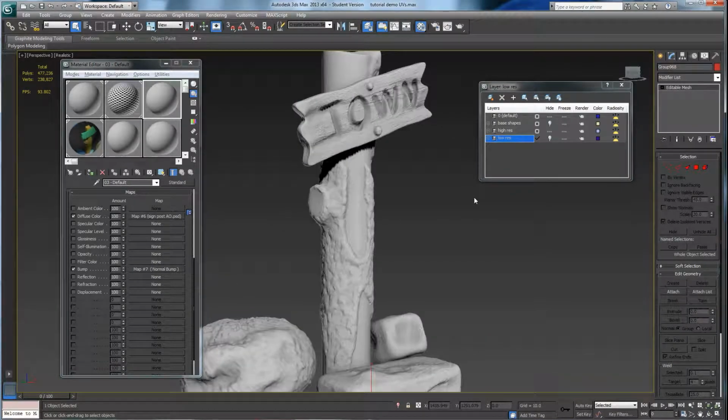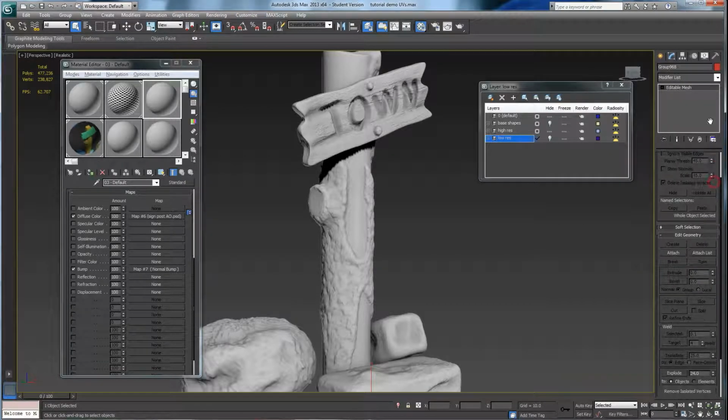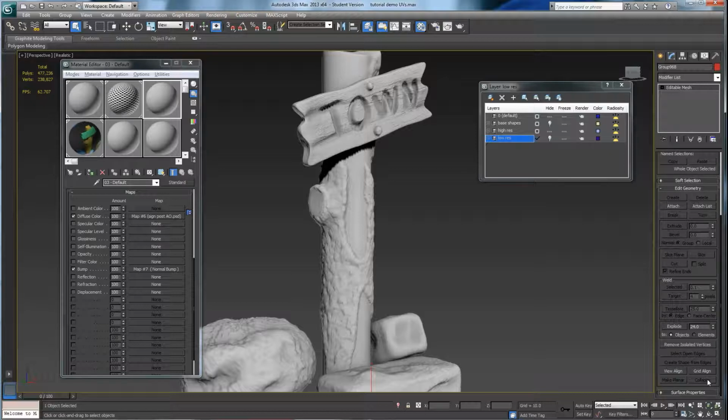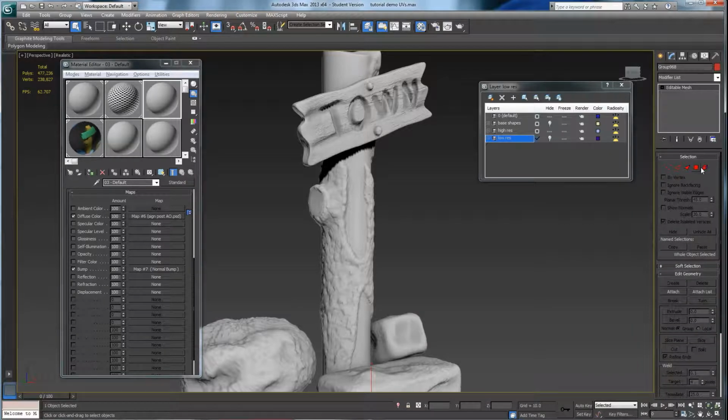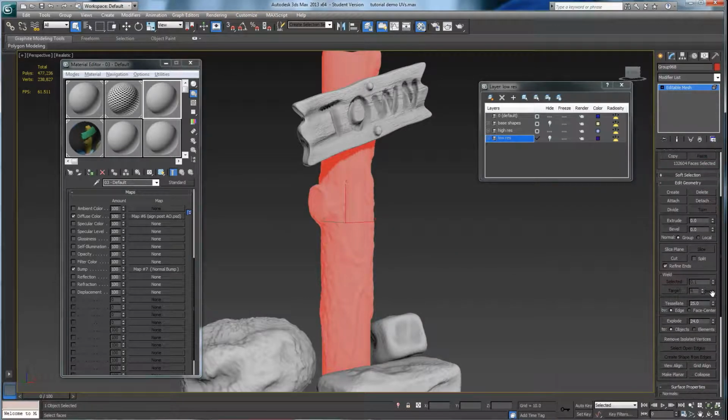So if you click on the object, editable mesh is fine. You can always right click and convert it to other things like editable poly, which we're used to, but editable mesh is fine. If you scroll down here, you're not going to see what we're looking for until you put it in either element or polygon mode. Put it in element mode and then click on your object so it selects all of it at once. Polygon mode will only select parts of it, but element mode will select all of it. So I'm going to leave it in element mode, and if I slide down here,